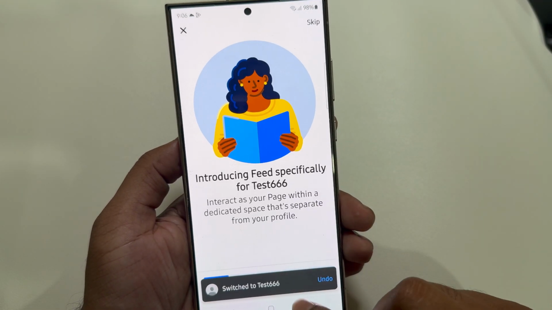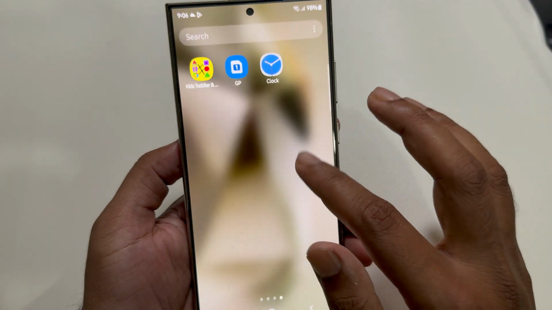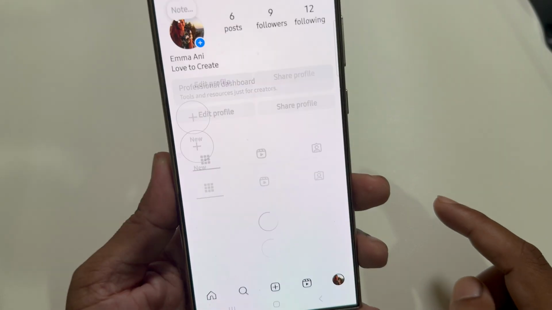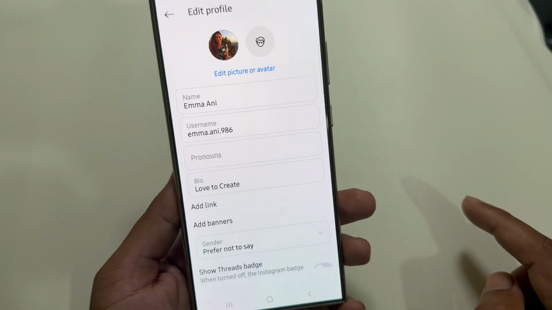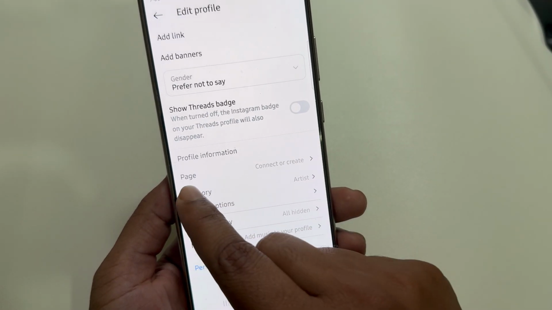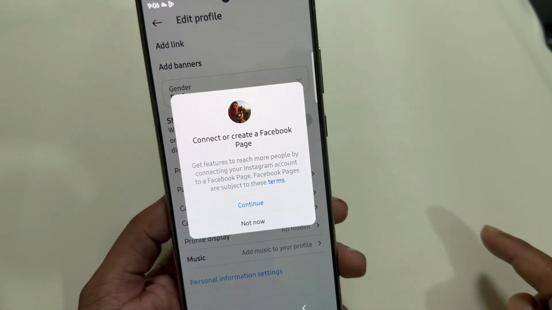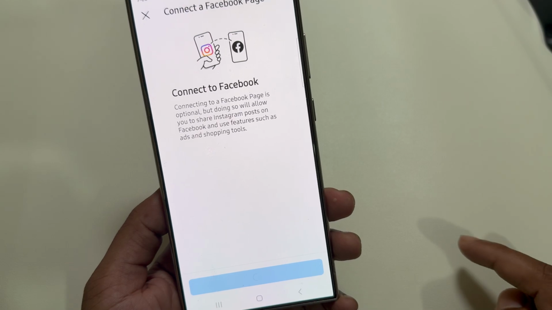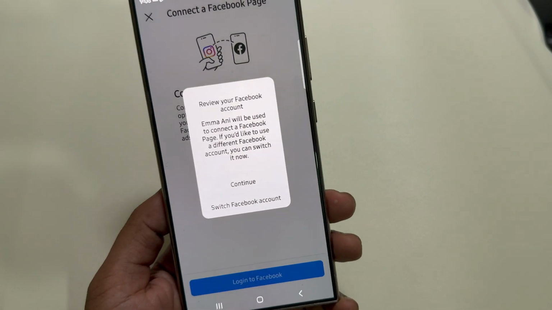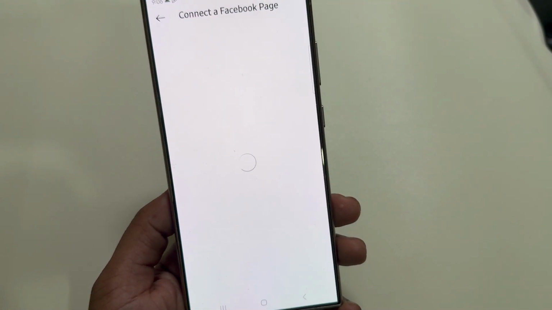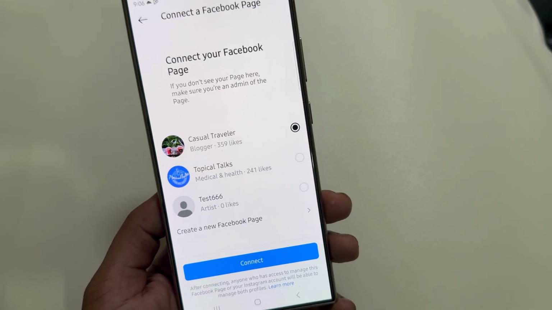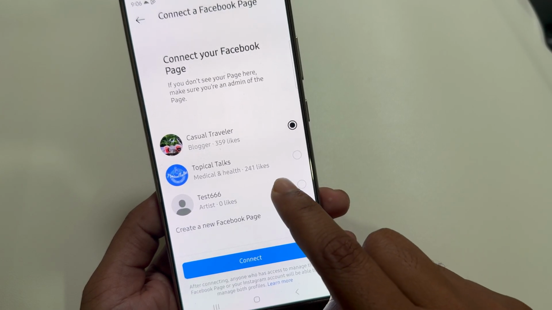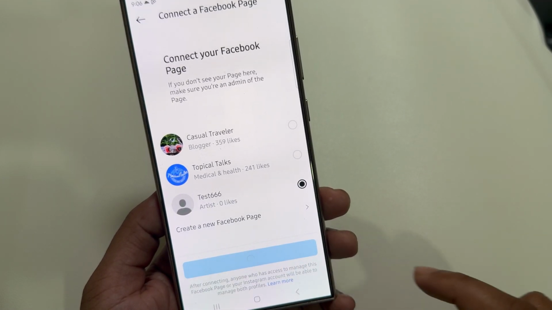That's it. Now go back to your Instagram, then press on this profile icon, go to edit profile, then you can see the page option. Just press on connect, press on continue. Now log in with your Facebook, and at the same time make sure your Instagram is connected with Facebook, and then select your page. Suppose I want to connect this page, press on connect,